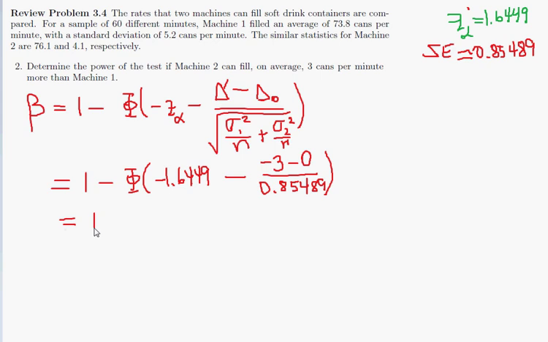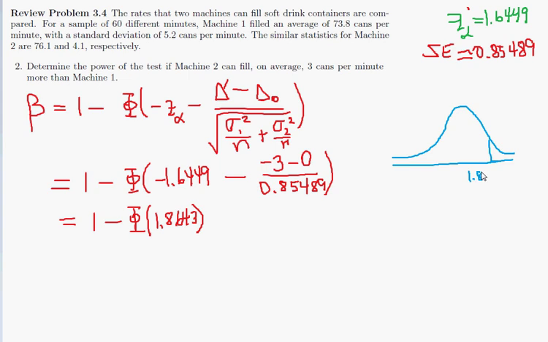So this is equal to 1 minus phi of, and then just doing the arithmetic, we get 1.8643. And so remember that the phi function is the area to the left under the normal curve. So 1.86 would be over here. So the phi function gives the area to the left, and so 1 minus phi would be the area to